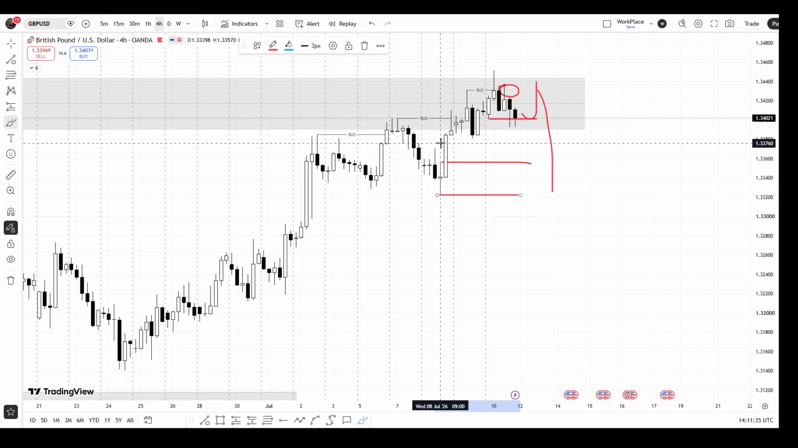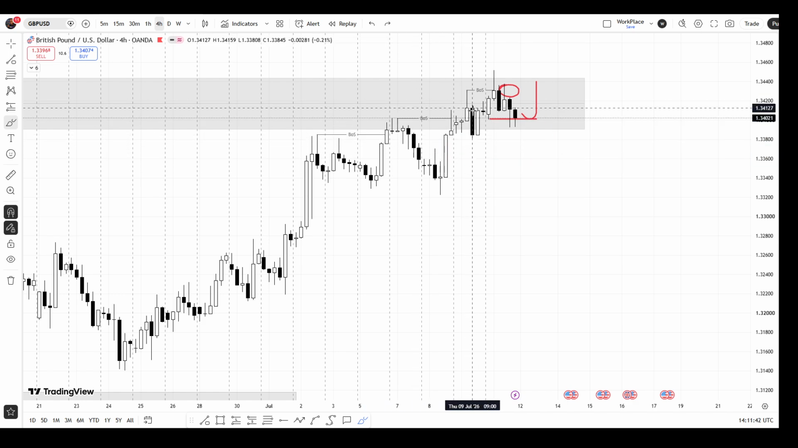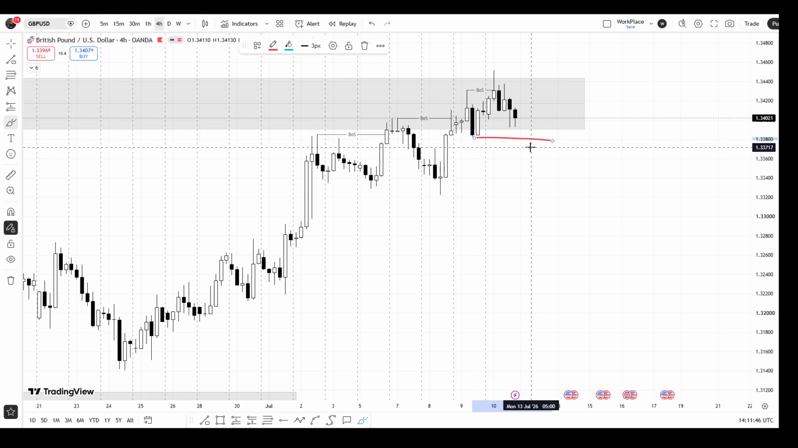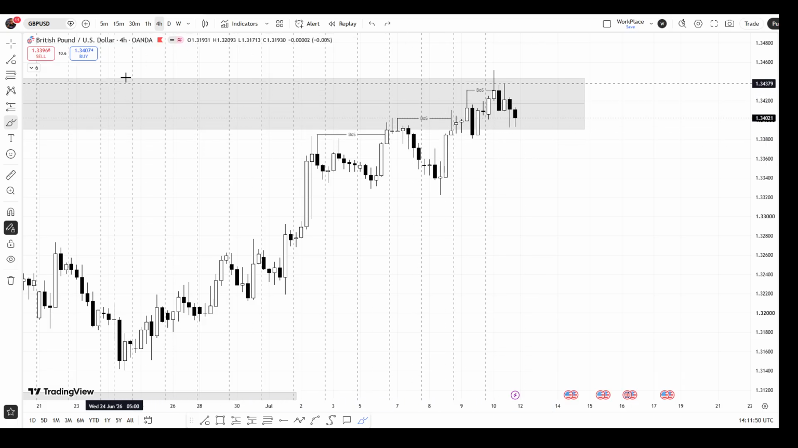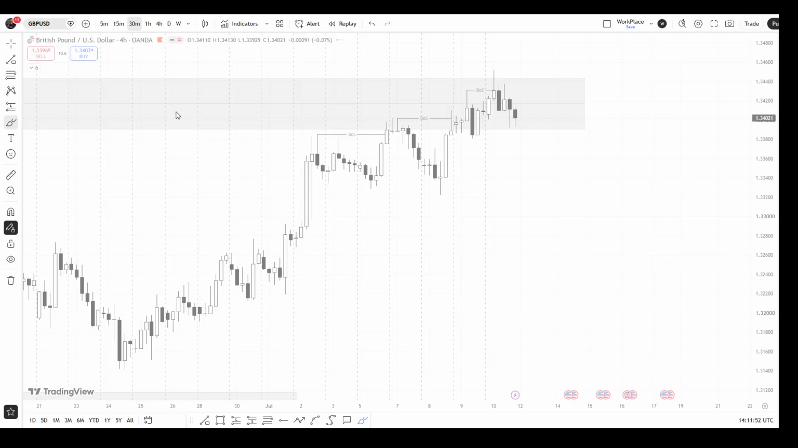to mitigate this other block here and this unfilled fair value gap. All right. So if you close below this low, that will be a plus for us. All right. So on the 30 minutes time frame,